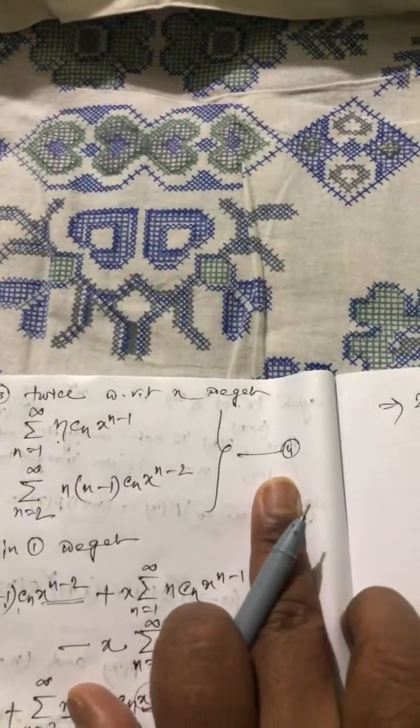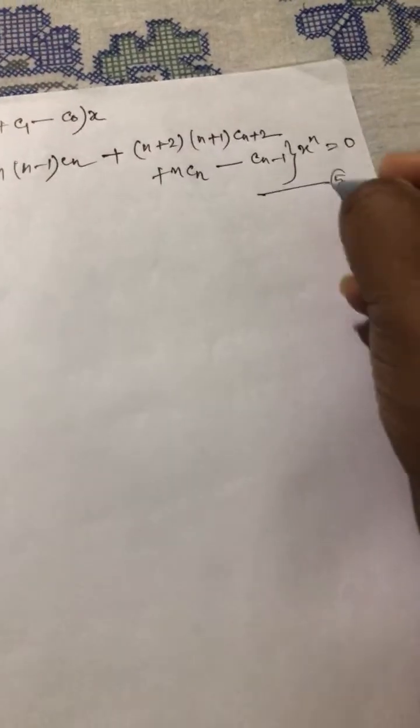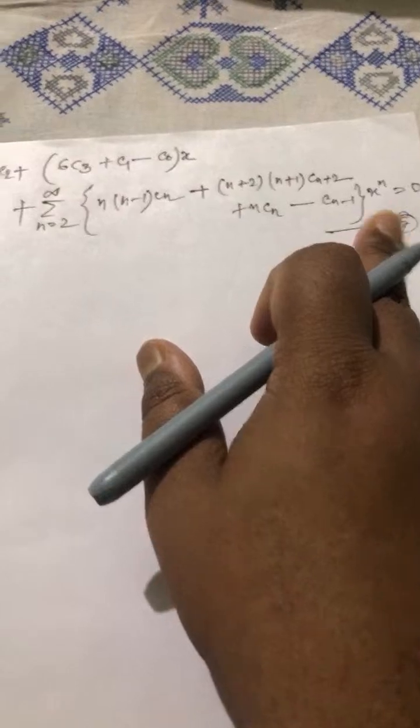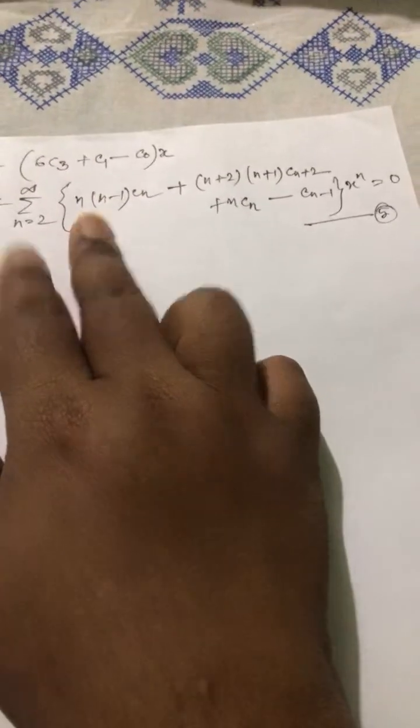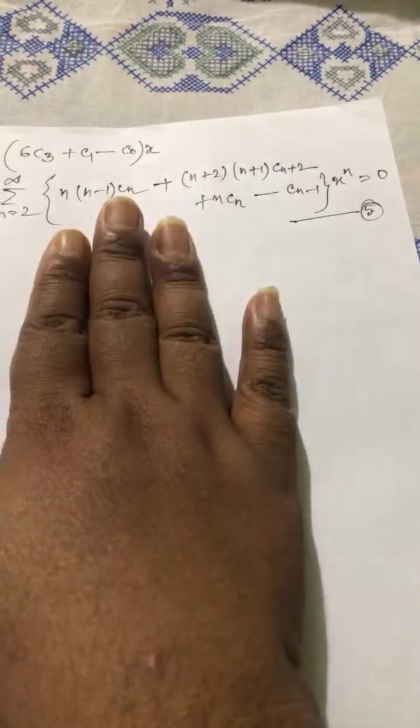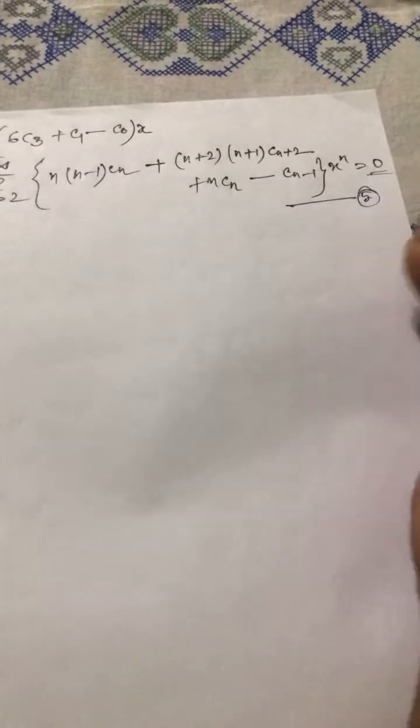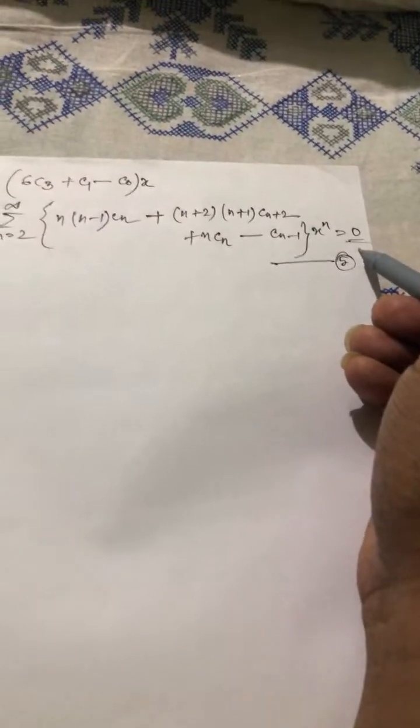Previously I used equation number 4, so it will be equation number 5. Now definitely it is nothing but an identity. So we can consider this mathematical identity and find out the possible values of these constants right now. Now here you can see the right hand side is 0. So that means there will be no part related to x, nothing related to x to the power n. So we can say,